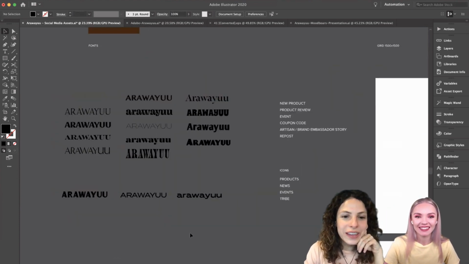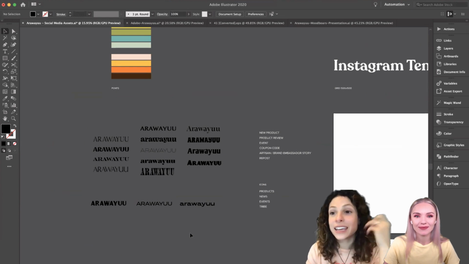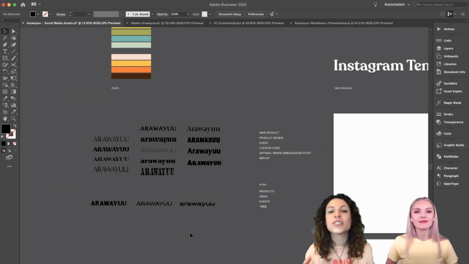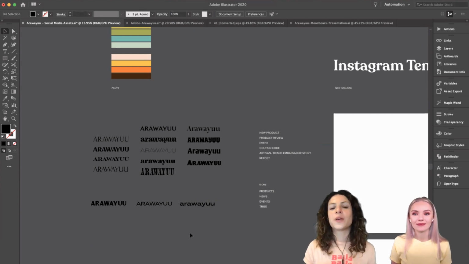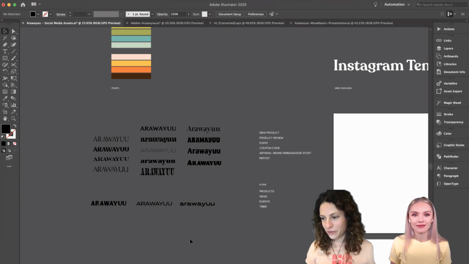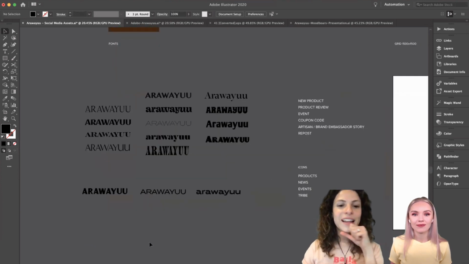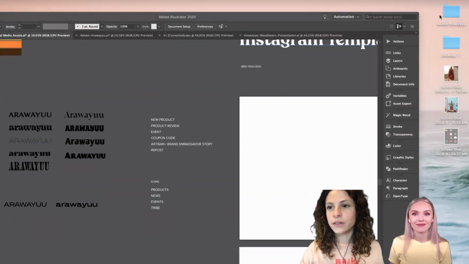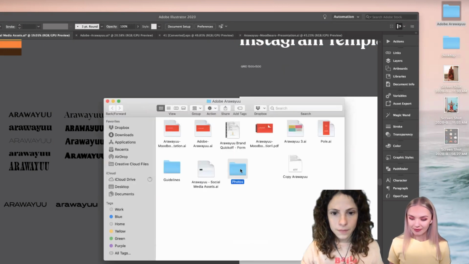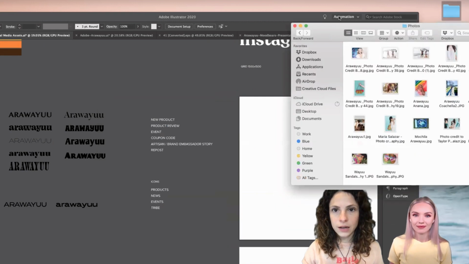Yes. And the good thing is that we're going to be creating stickers and gifts. So the ones that we don't use for the brand itself, we can use also for little stickers or other assets that we can get creative with typography. So yeah. Okay. Let me also pull some of the photos that she sent me, just to have in here.